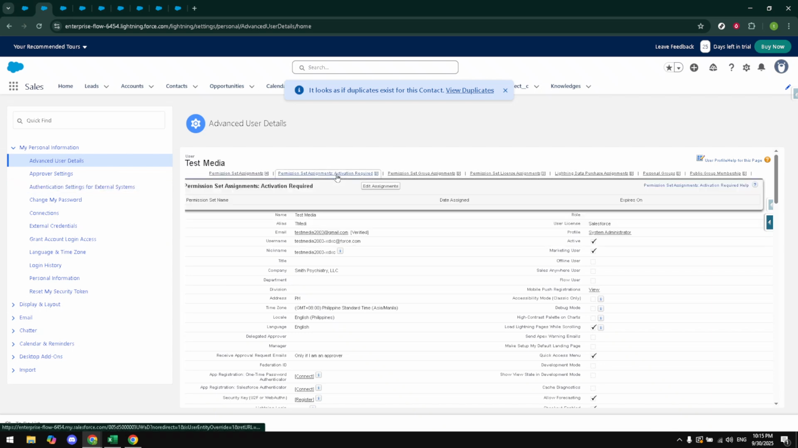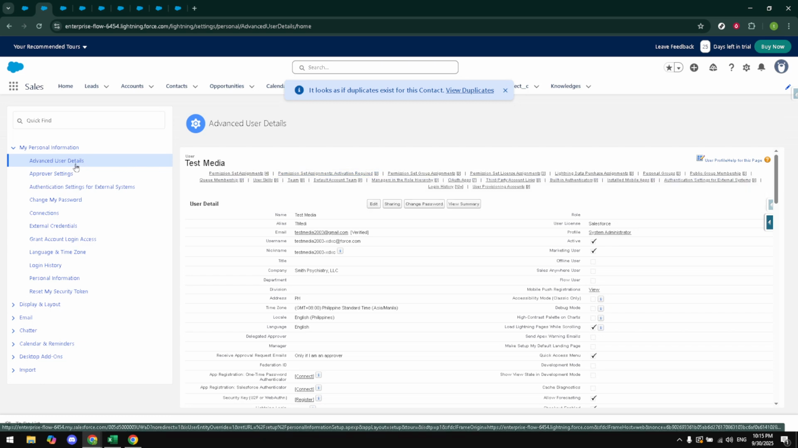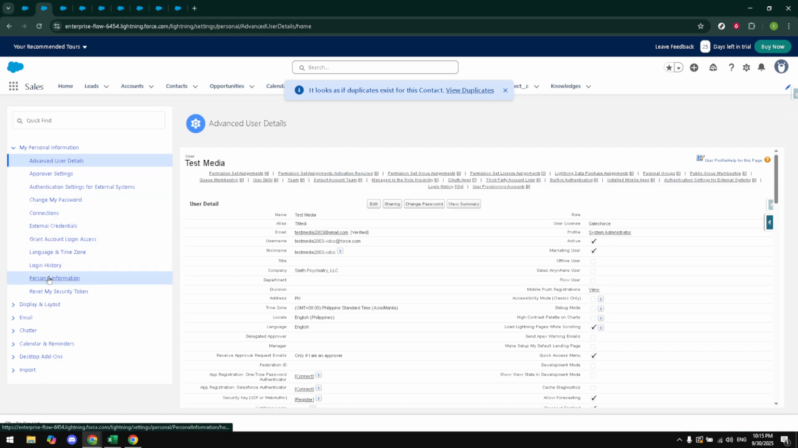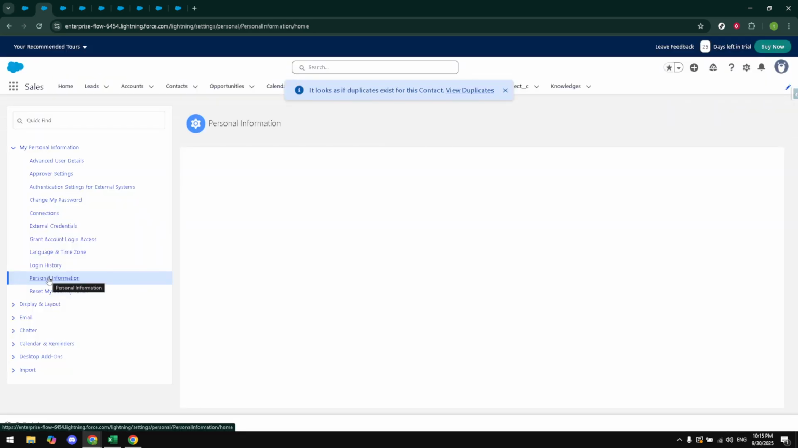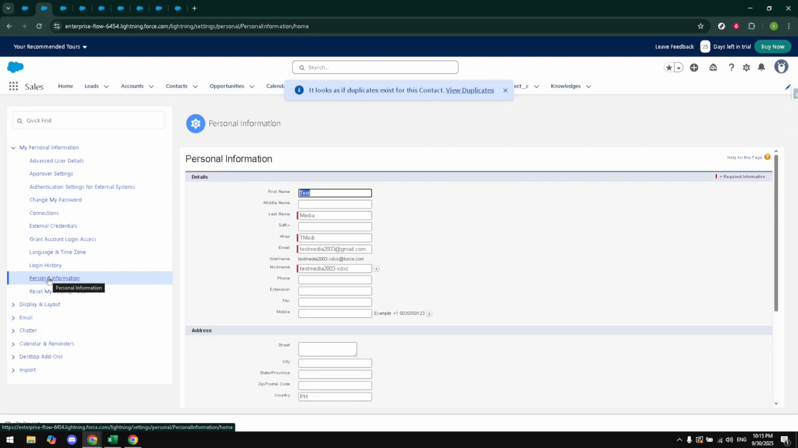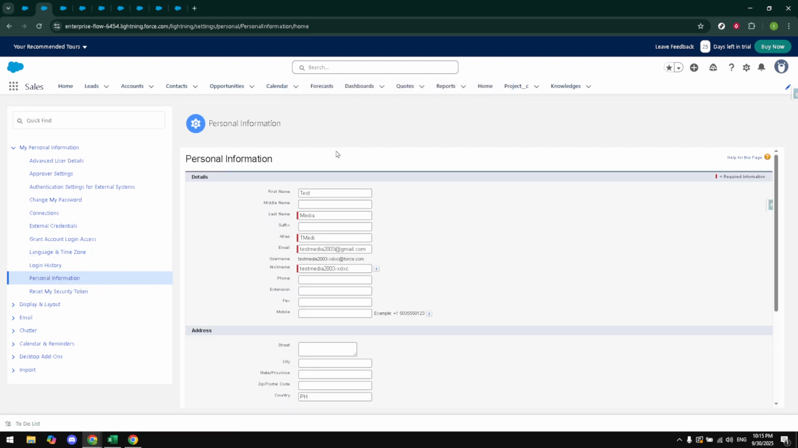Now that you're in the settings area, look for the section called My Personal Information. It's usually on the left-hand side navigation panel. Clicking on that will further reveal an option labeled Personal Information. Click it to open up a detailed look into all the personal data connected to your Salesforce account. This is basically the space where Salesforce stores all those little tidbits about you that help it tailor the platform